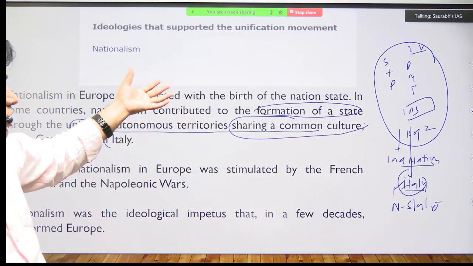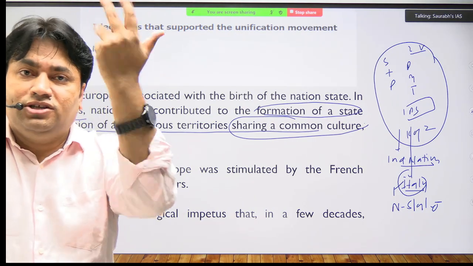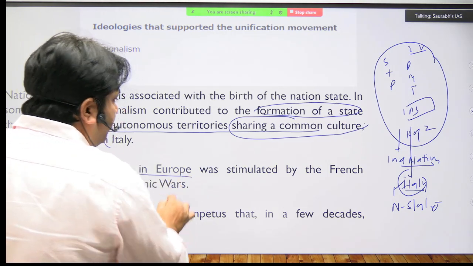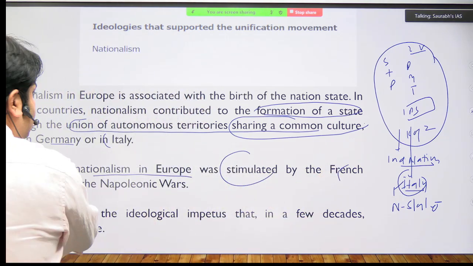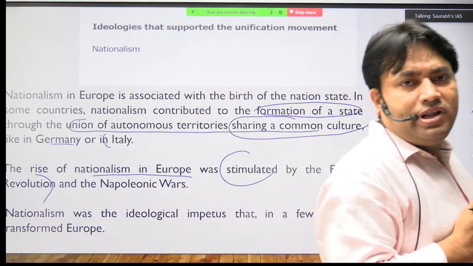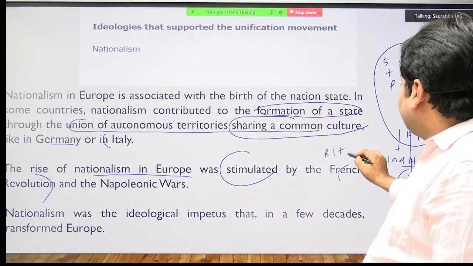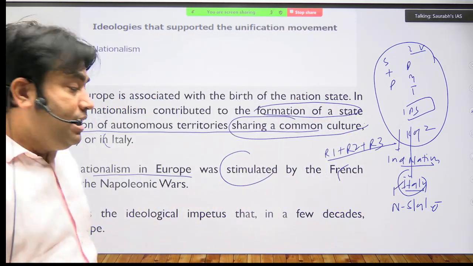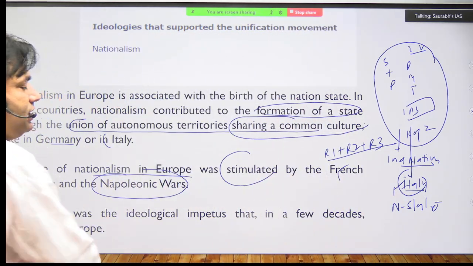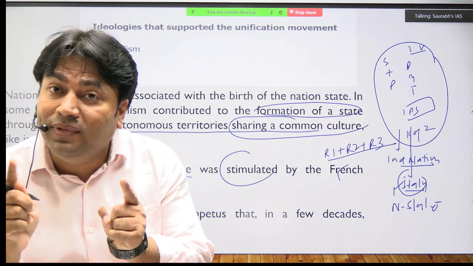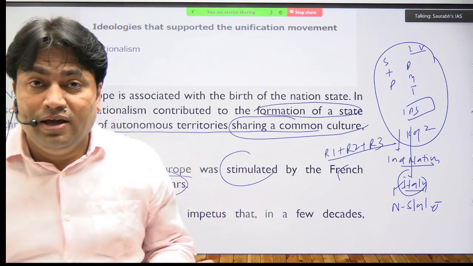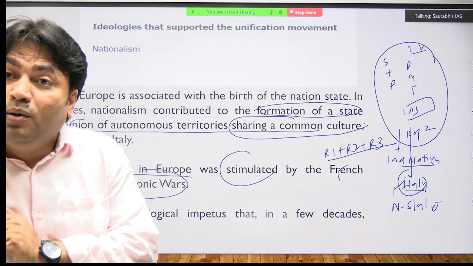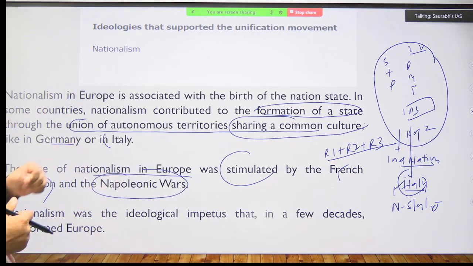तो ये वो टाइम था जब यूरोप में क्या हो रहा था? बर्थ ऑफ नेशन स्टेट्स. ठीक है, इटली, Germany is the example. The rise of nationalism in Europe was stimulated by what? French Revolution. I have already discussed with you that French Revolution will stimulate the idea of revolution. R1, R2, R3. What has been written here? Napoleonic wars have also stimulated what? Growth of nationalism in Europe. नेपोलियन ने जो वॉर्स लड़े, जो मिलिट्री विक्ट्रीज करी, उसने भी यूरोप में नेशनलिज्म के ग्रोथ को क्या किया? प्रमोट किया. उसका भी एक इंपॉर्टेंट रोल है. दैट इज द मोस्ट इंपॉर्टेंट थिंग.